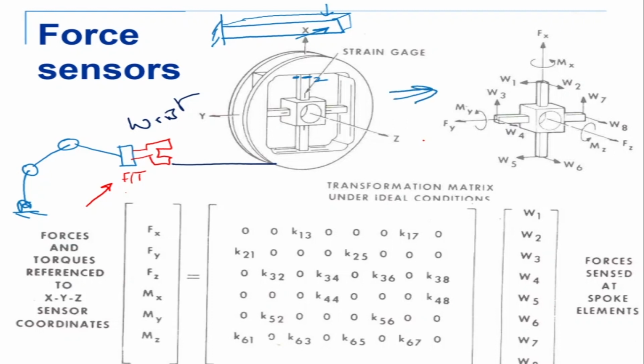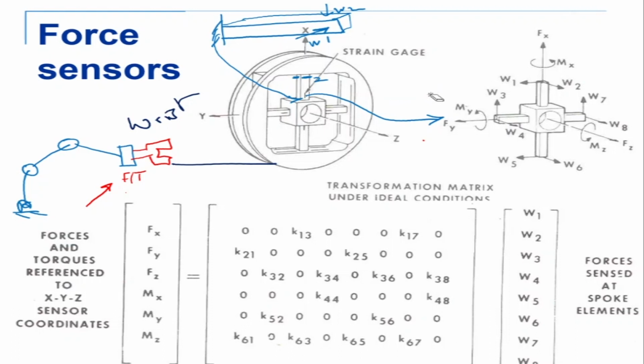On each of them, there is a W1, W2, W3, W4. So these are the forces. The cut section, the internal section here, is shown there. W1, W2 up to W8 are the forces which are acting at the end of the strain gauges. So this would be my W1, W2, like that. This fixed end is the fixed end here.